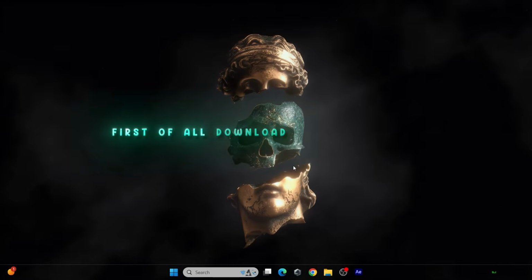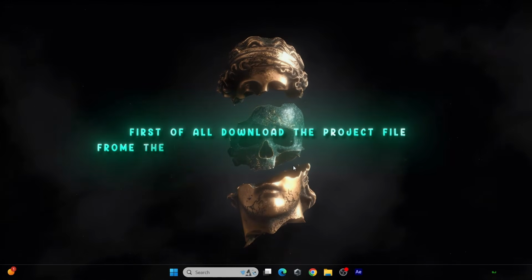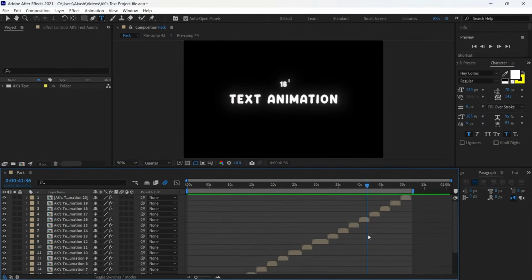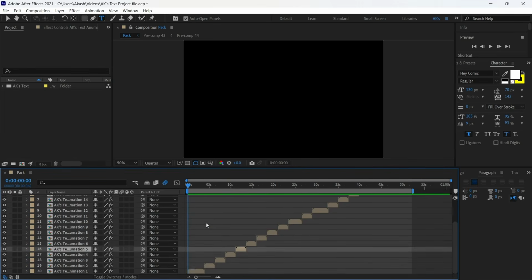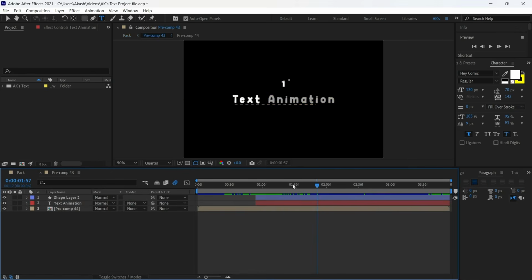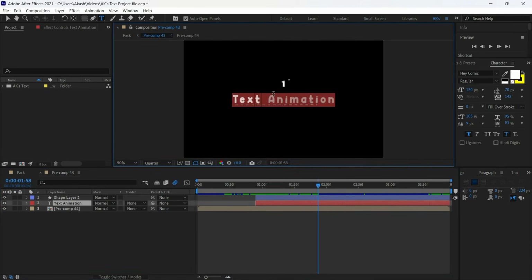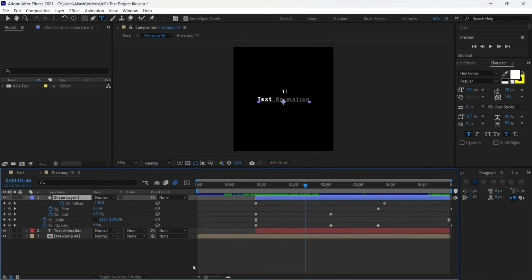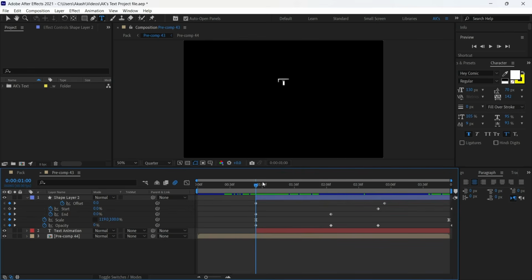So first of all, download the project file from the description on this video and open it. Then select the pre-comp you want to change and double click on it and select the text layer to change the text. And adjust the line shape layer